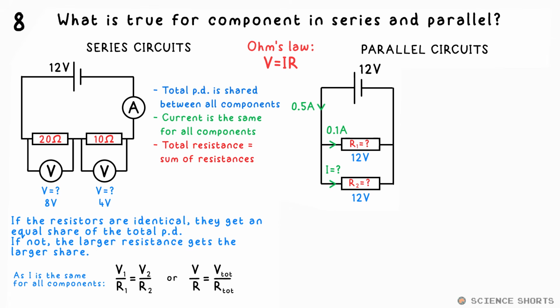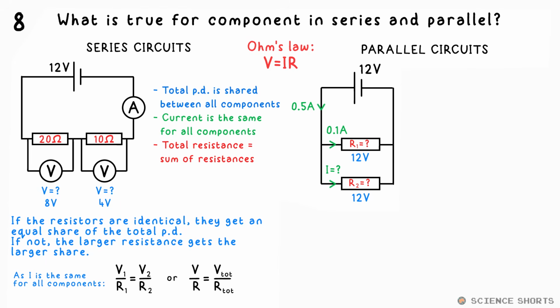Components, say resistors in series, will have the same current, but the total PD will be shared between them. If the resistances are the same, this PD is shared equally. If not, the larger resistor gets the larger share of the PD. So you can hopefully see that the 12 volts total here will get split into 8 volts and 4 volts